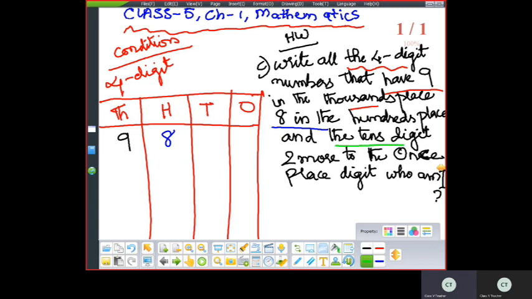Then third condition. The tens digit is 2 more than the ones digit. So whatever the ones digit is, if I take 1 here, it is 2 more. 2 more means add 2 to it. So 1 plus 2 is the tens digit. 1 plus 2 is 3. Got it? So now all the 4-digit numbers you have to find. So many you can get, there is no count. So now firstly, what you got here? When I have taken 1 as the ones place digit, so the number formed here is